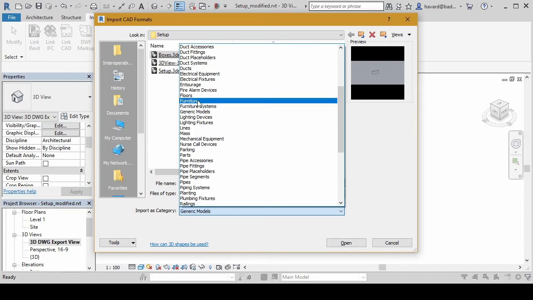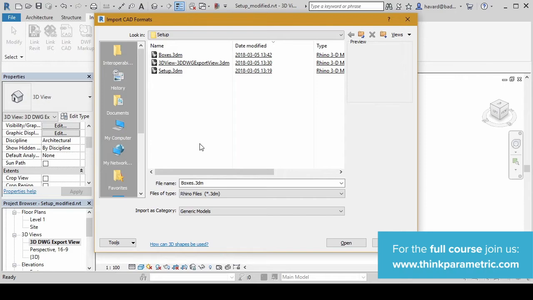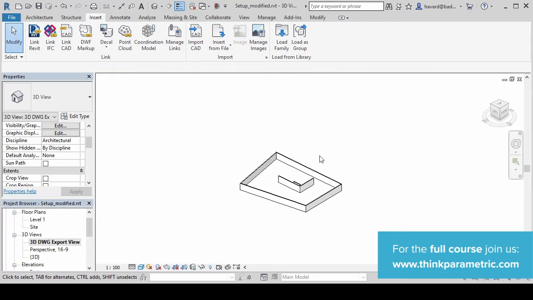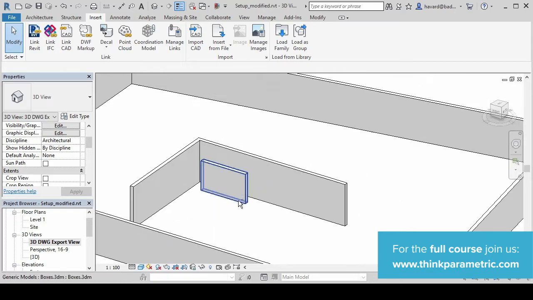Important note to make, generic models usually most times work. They section quite nicely in plan views and sections. If you use the furniture category, the plan views and sections are not going to do a real cut through your geometry. So this is something to keep in mind. If you're modeling some kind of feature furniture inside Rhino and you import it into Revit using the furniture, it's going to give you basically the top view of that furniture look in plan drawings. Use generic model category if you have blobs in Rhino and you want them basically to show real cut in Revit. So I'm going to now do the generic model, click open, and there's our geometry.